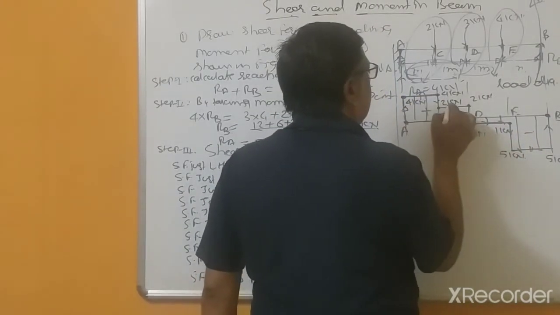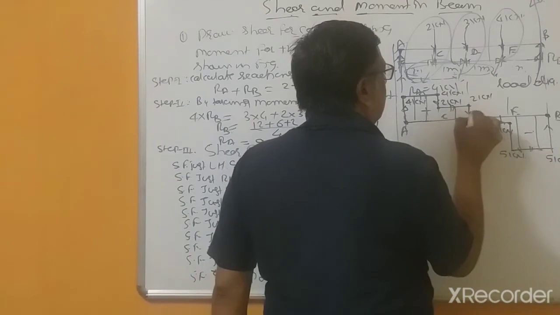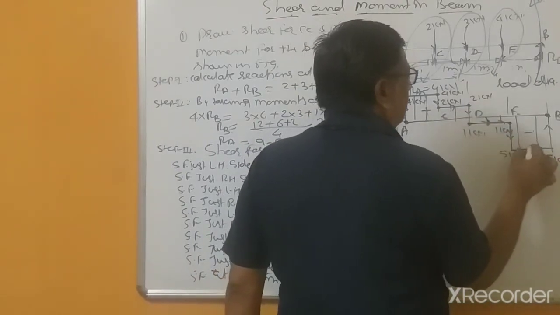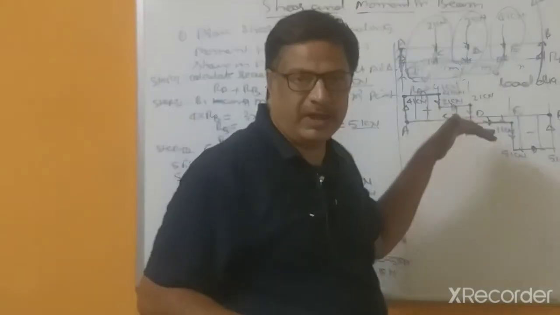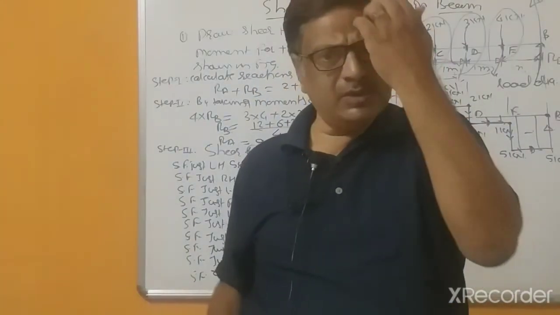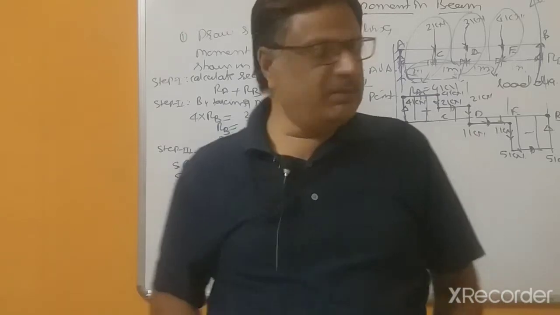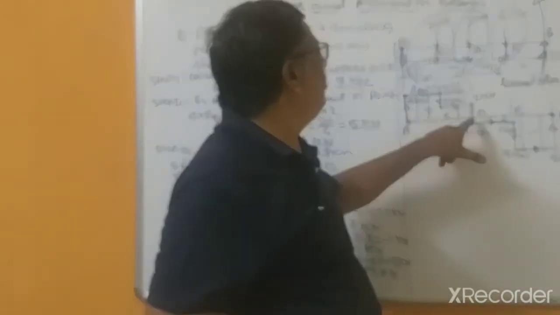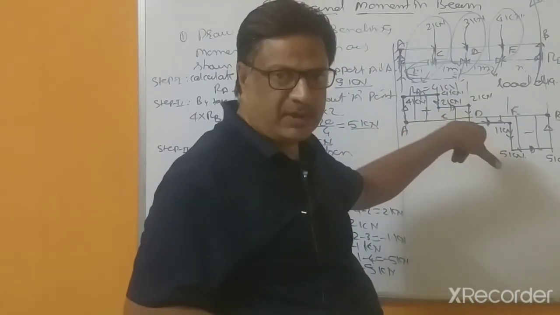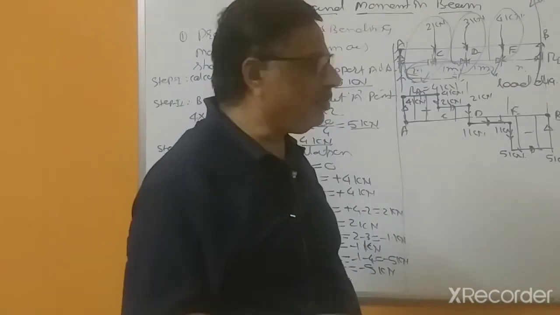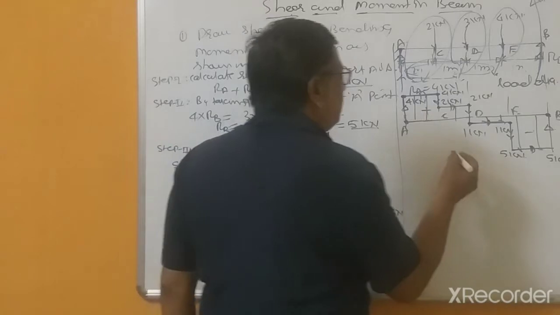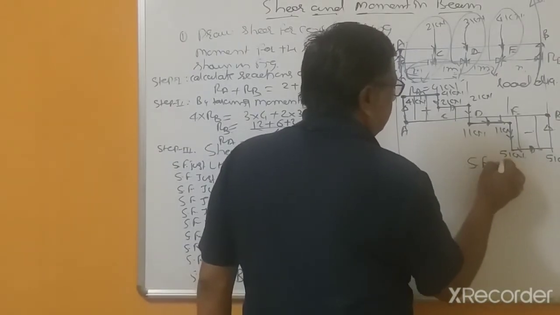Mark this flow up of the shear force. By only observing shear force diagrams, you can calculate where the intensity of the shear force is. At D point, the shear force diagram changes its sign from positive to negative. So these points are also called points of contraflexure of the shear force diagram. This is the shear force diagram.